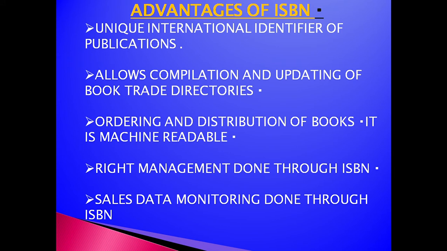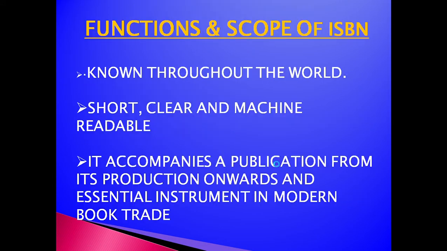The last digit alone will differ. 731 to 7, I told you, the last check digit. That alone will change if there are any updates in the book. And moreover, for ordering and distribution of books, I told you that it is machine readable. Just like when you buy a product, the persons in the shop scan the barcode, the same way. So this can be done very easily. For sales promotion also it is used.